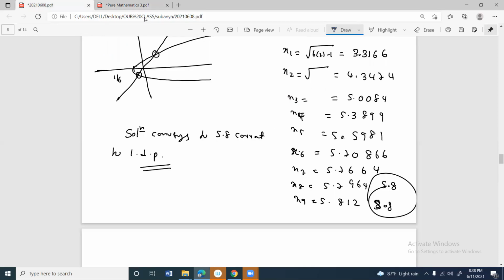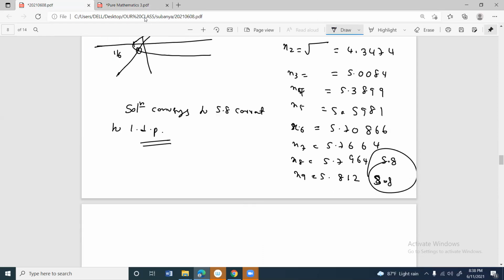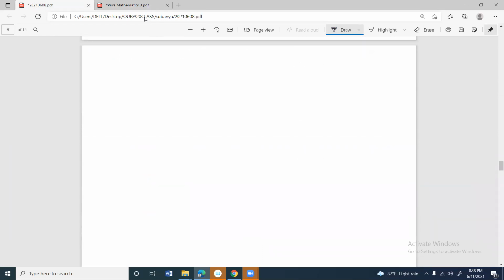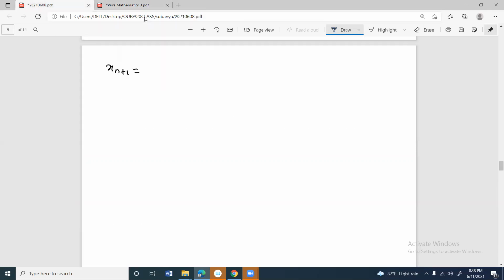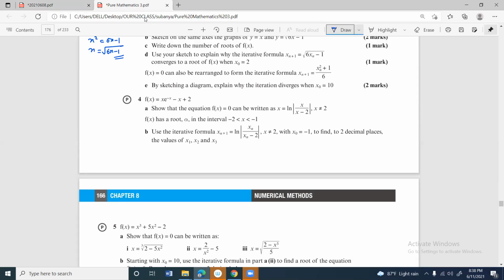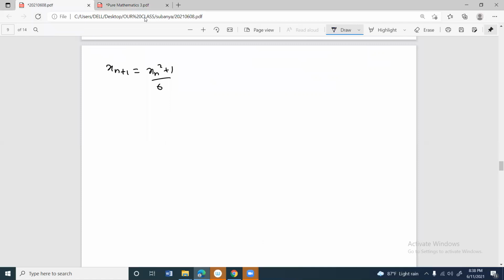So the second iteration formula is xn+1 equals (xn squared plus 1) over 6. That means you have to find the solution using y equals x as one graph, and the other one y equals (x squared plus 1) over 6. So if you sketch these two graphs,